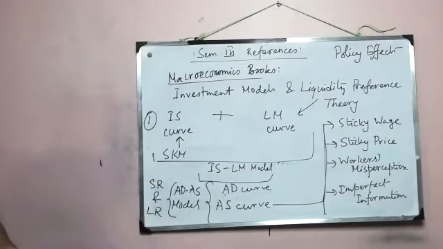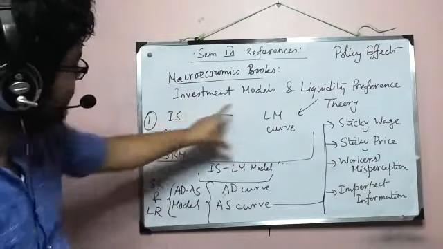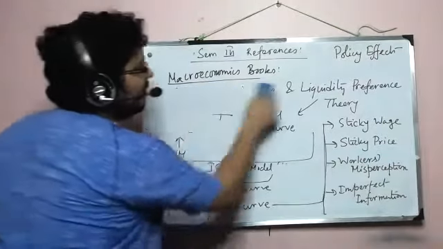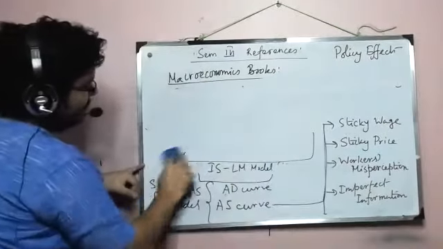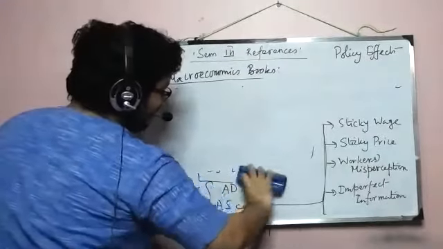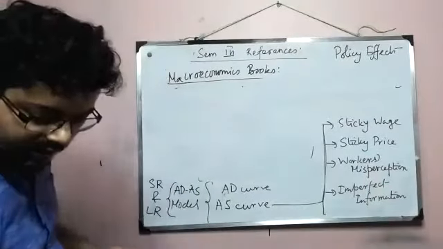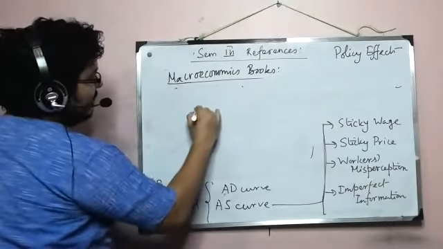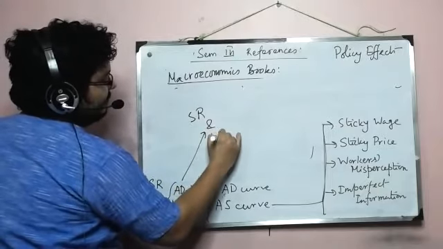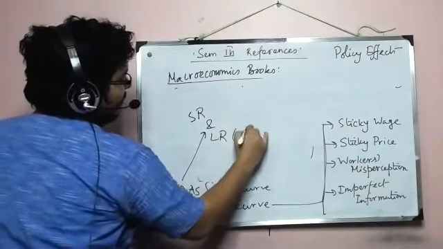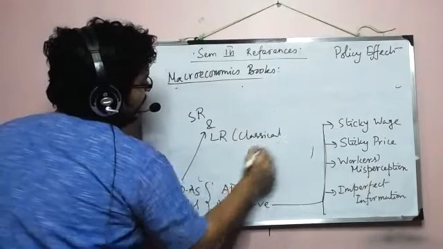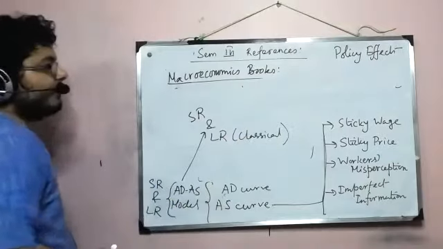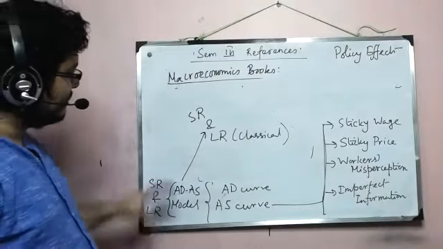In the ADAS model, we have both short run and long run scenarios. By those scenarios, we will try to understand how the long run scenario matches with the classical one. In the long run we will have scope for comparing with the classical model, and in the short run we'll have a Keynesian case. And there we will study policy effects. So this is one part.